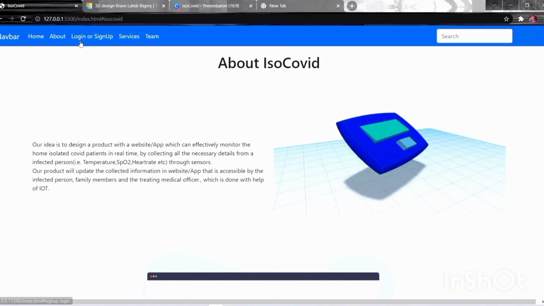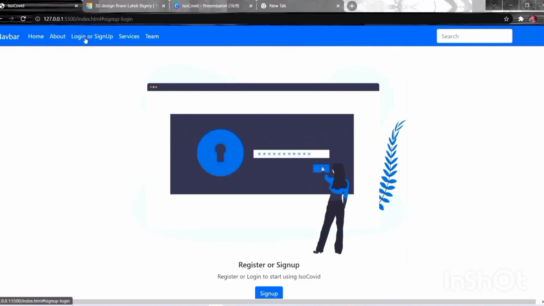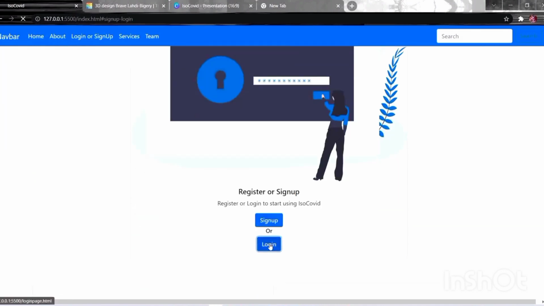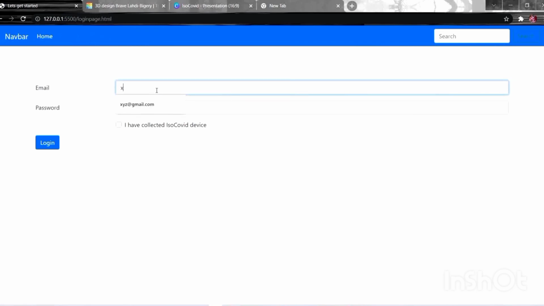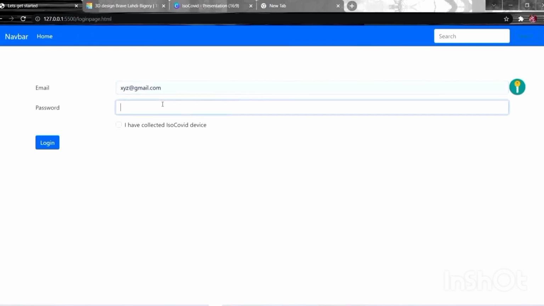The information in the cloud is made useful to the user through web application, and this web application allows the user to proactively check in on their health status. Website has a sign up and login page. Once the user logs in to the website, he can access the monitored data.